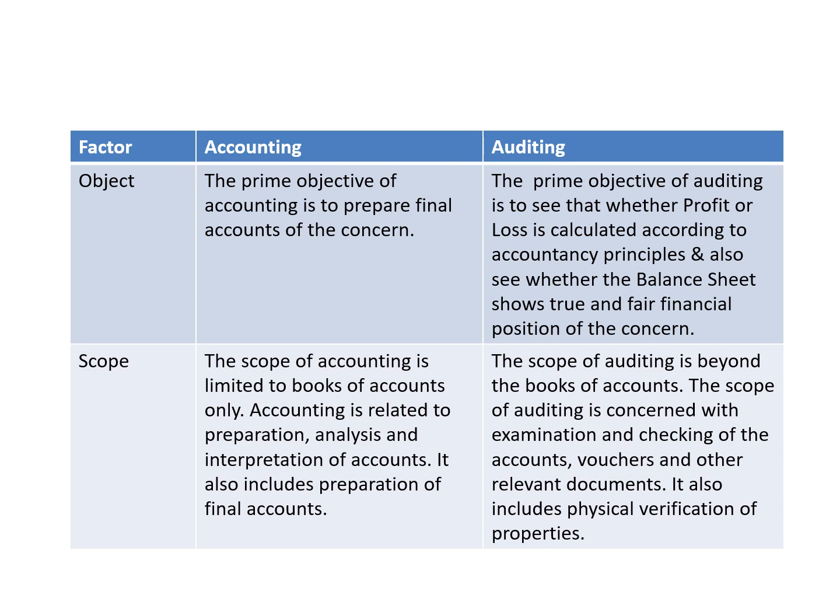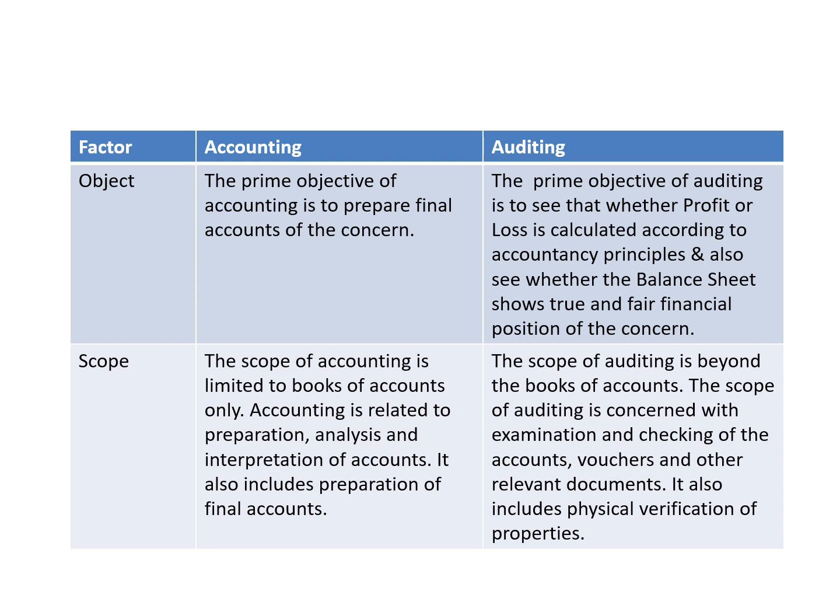Object. The prime object of accounting is to prepare final accounts of the concern. For preparation of final accounts, various recording, summarizing, analyzing events are considered. After this, a business house can prepare its final accounts. Final accounts are giving the information about the financial performance of the business concern.